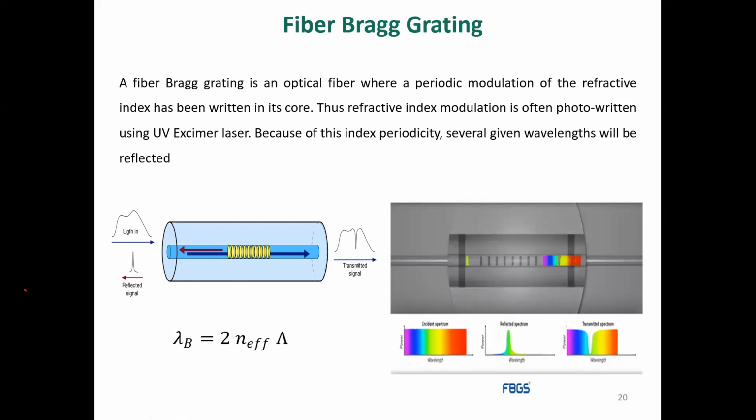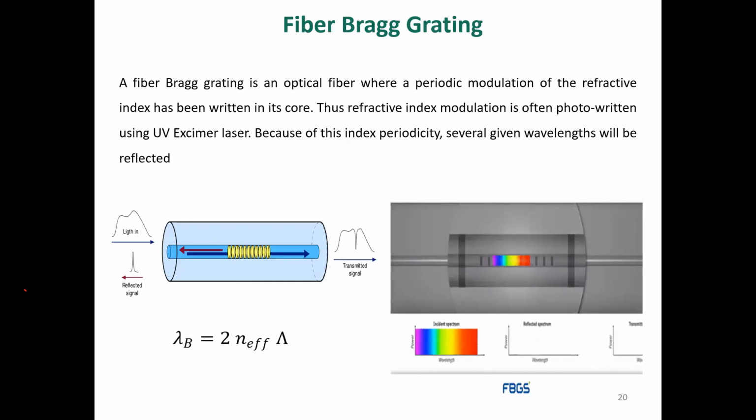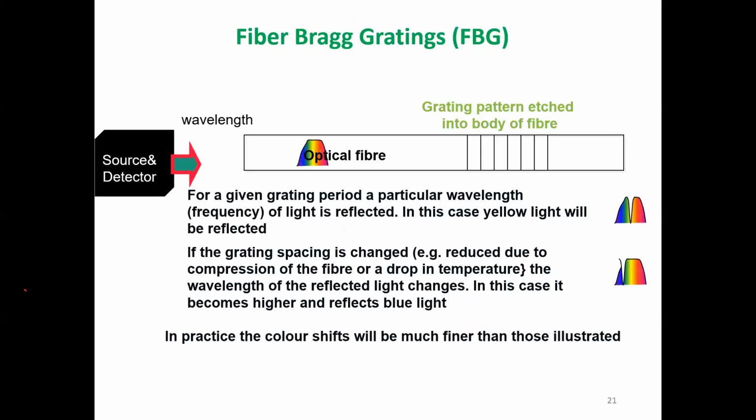All right. So as I was saying, this fiber Bragg grating has very interesting properties in sensing. It depends on the grating frequency, that is, how far we put the gratings from each other at equal distance. You can see here that we are putting gratings at equal distance. What is a grating? It is a change in the refractive index at these particular points. So we are changing the refractive index at equal intervals in the optical fiber, and this becomes a grating.